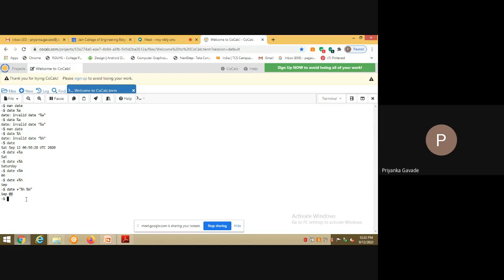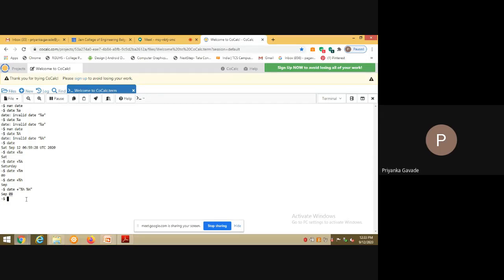Please make a note of all these things. You too can work on CoCalc and find out all these options, right? Then you can make use of format specifiers percentage capital H, percentage capital M, and percentage capital S. It is going to give you the hours, minutes, and seconds respectively, right?